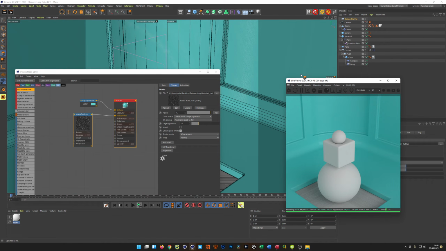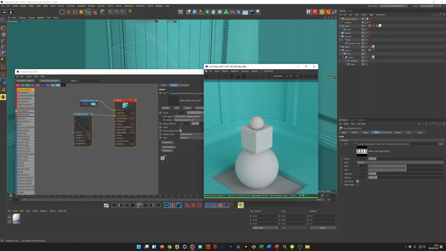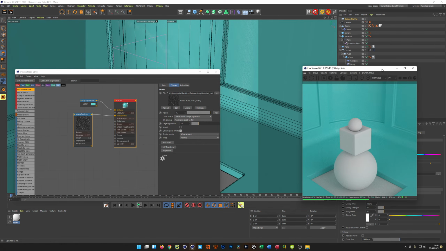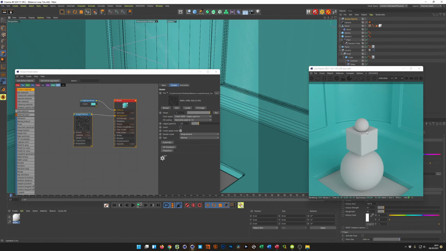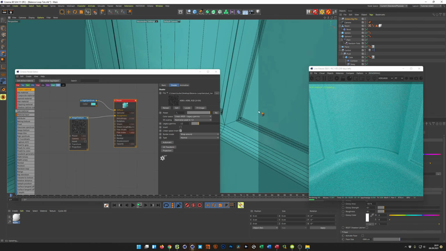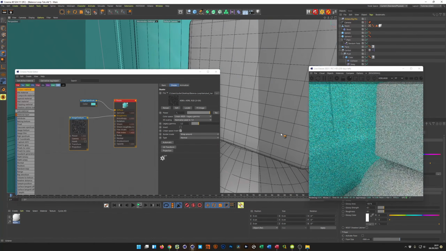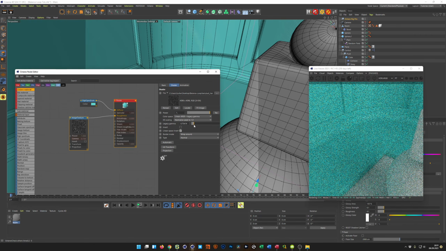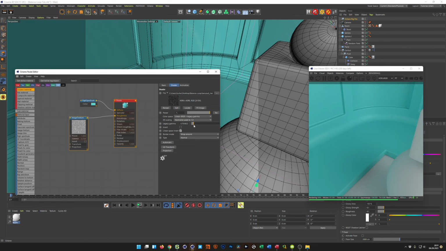Good. I am not entirely sure why I have this. Oh, this is why, because I have the floor here. That looks so great with the roughness. So I want this roughness, and I want to see a little more. Let's go to the texture and go down with the